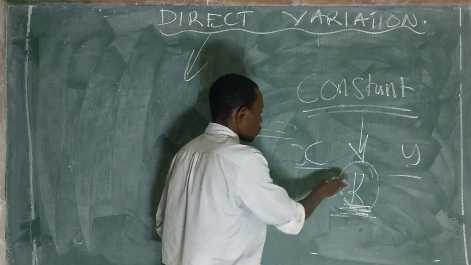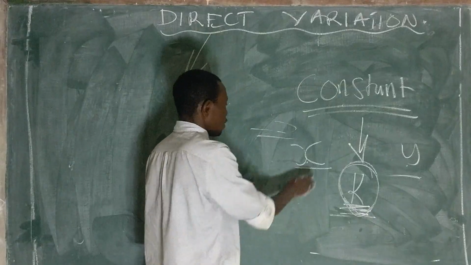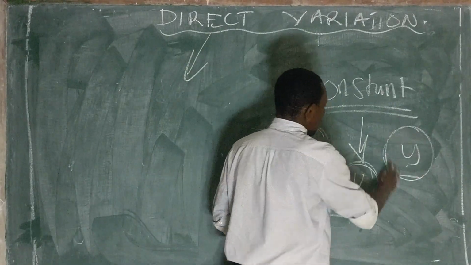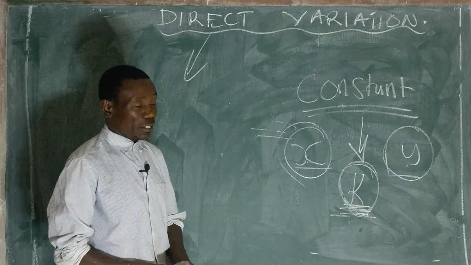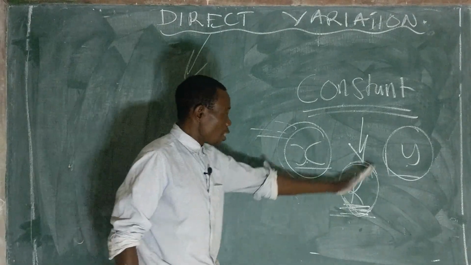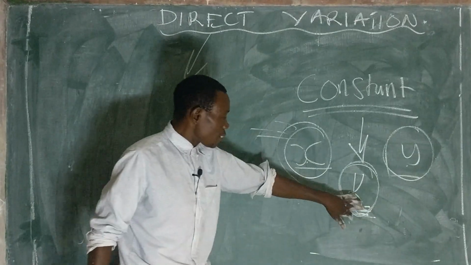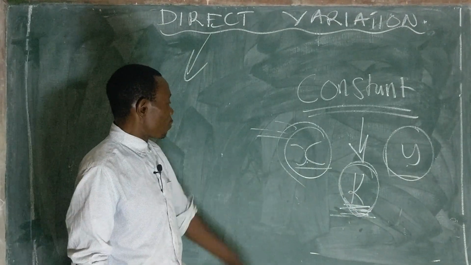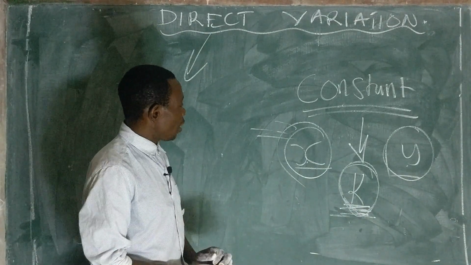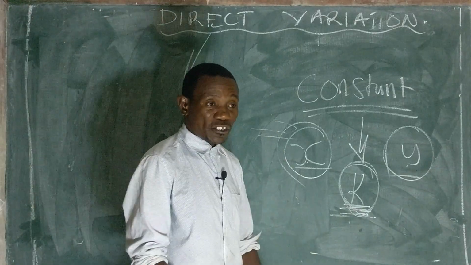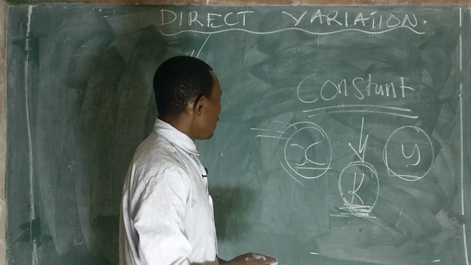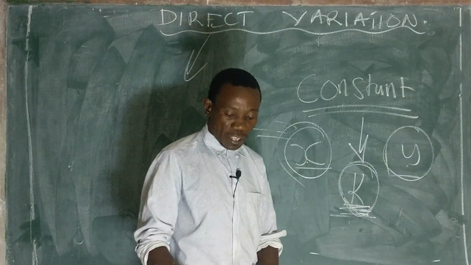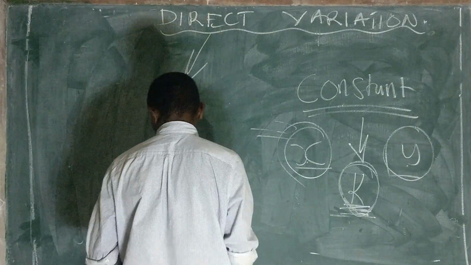A constant must always be there that controls the change between any two variables. So when X increases, Y increases, but the constant is there to determine the value of any one of them. It is a must to know the constant first before you continue working out the value of one quantity given the other. Like in this example that I have here,